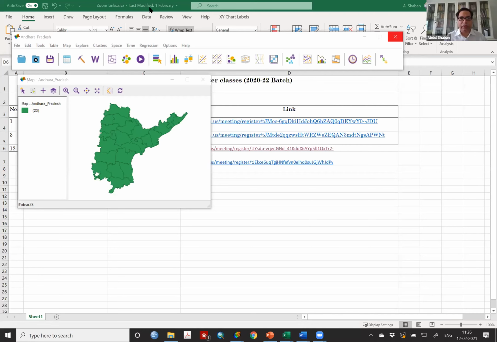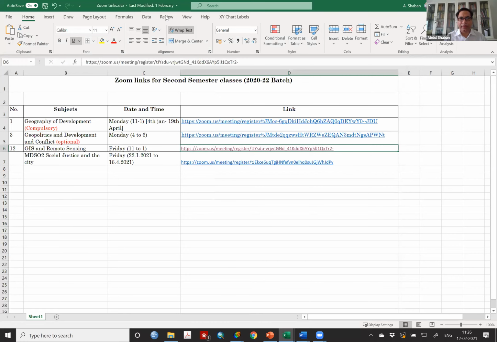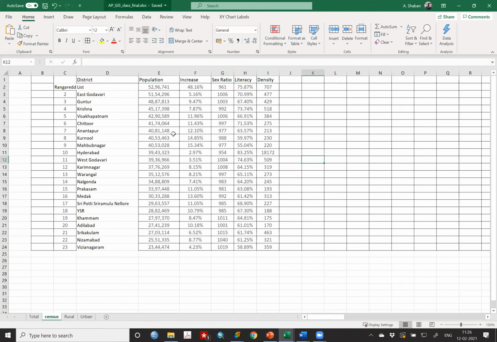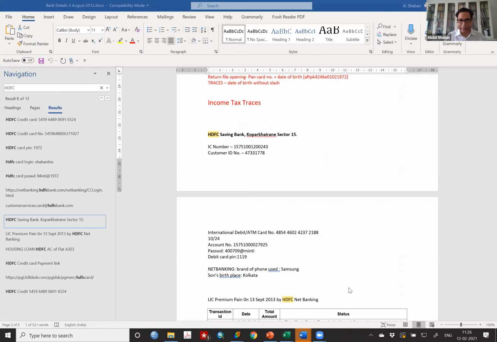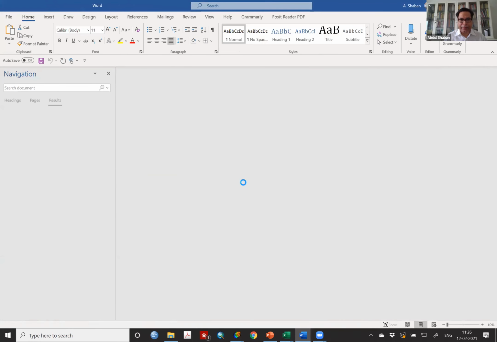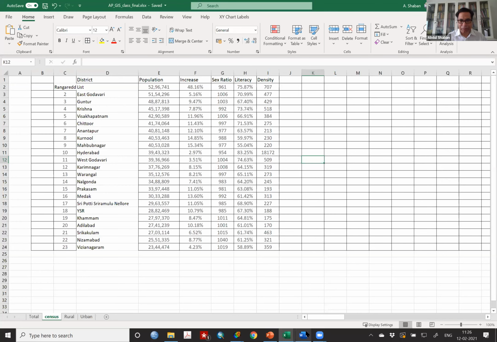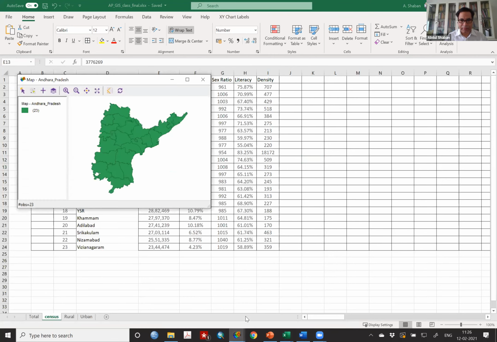Now you are able to see. Yes, sir, it's visible. Okay, so now all the files are shared. Just one minute. Anyway, we will open files as actually needed. So now you get it. Just let me minimize it.